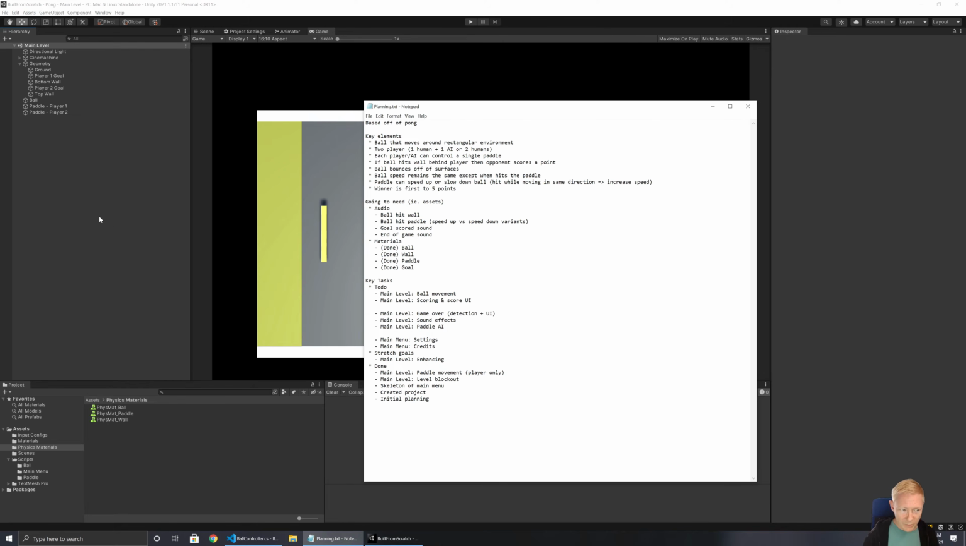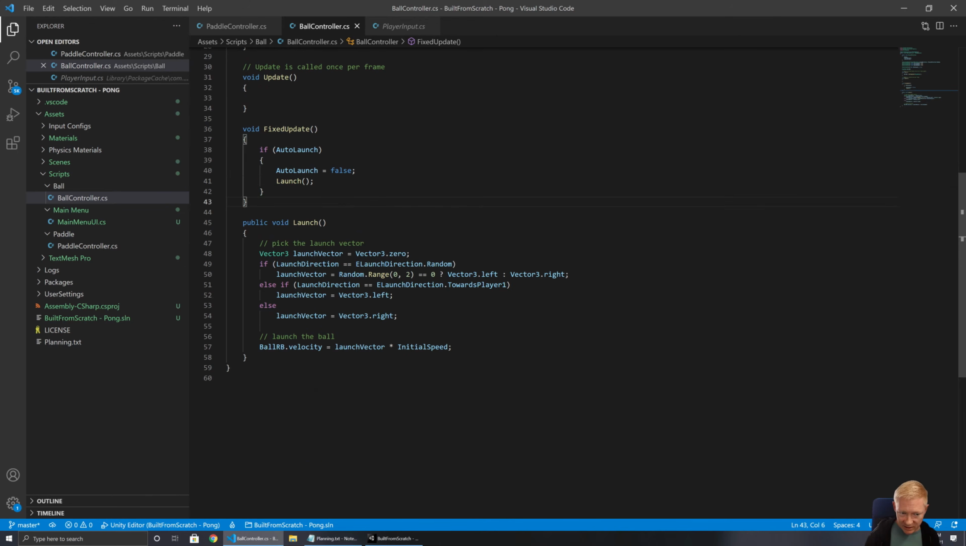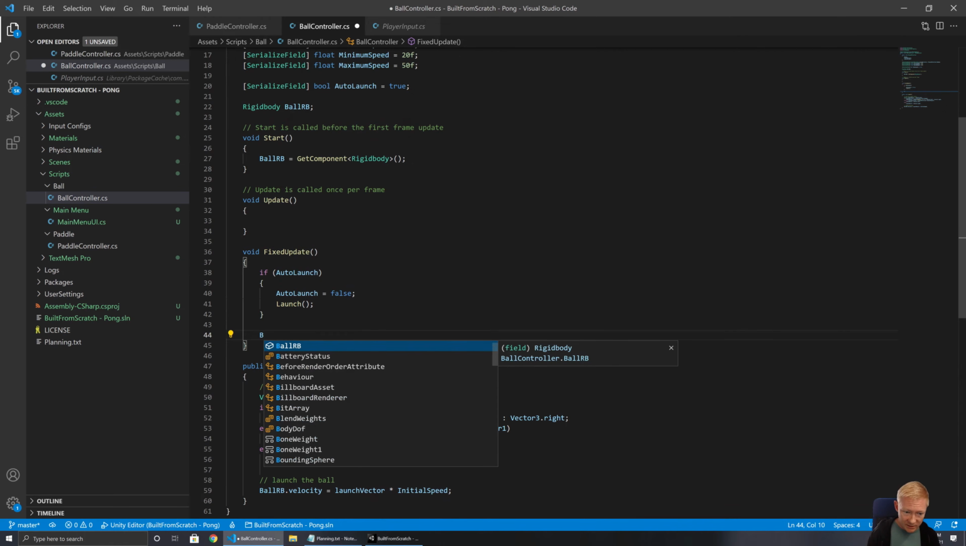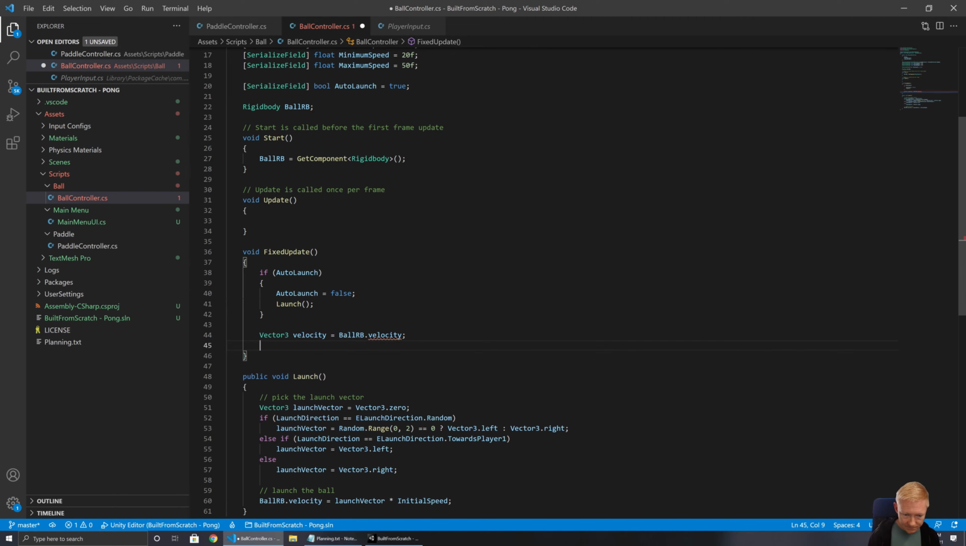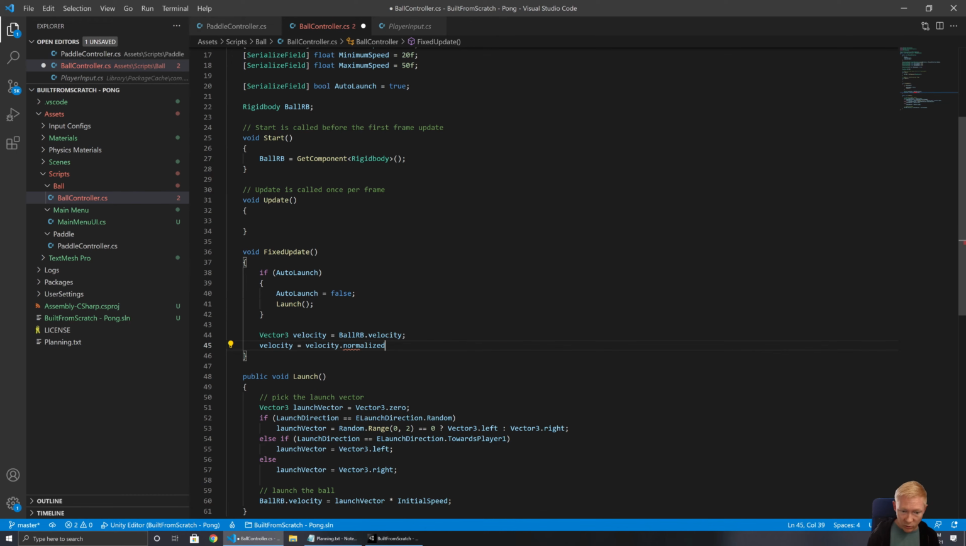So if we look, we've got the basic ball movement, but we want to have this doing a little bit more. One of the things is we want to keep the speed constrained. So let's get our ball rigid body and that velocity, and then let's get that vector and pull that out. Velocity is that. Then what I want to do is clamp this, to keep it between that min and max speed. I want to set the velocity, well, that's equal to my velocity that I then normalize, which